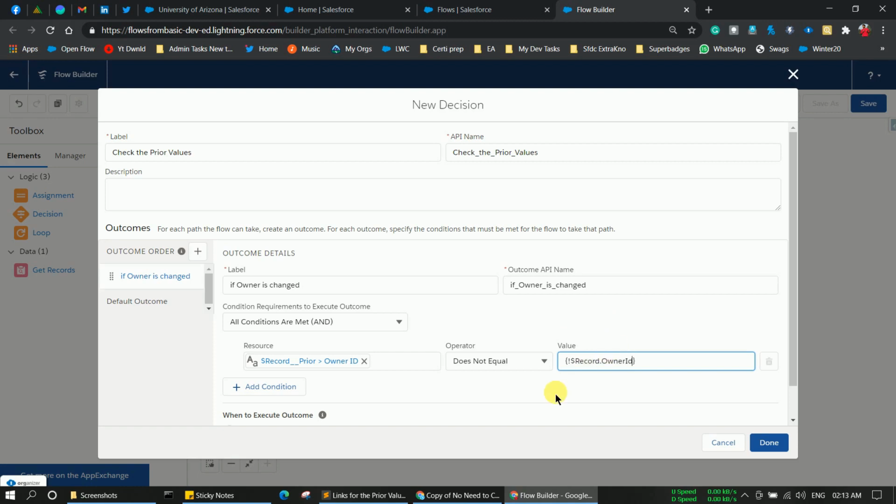So if my owner is changed, that means when I update my Salesforce opportunity record, if there is some change on a particular field, like I am comparing the opportunity owner, the older and the newer owner.